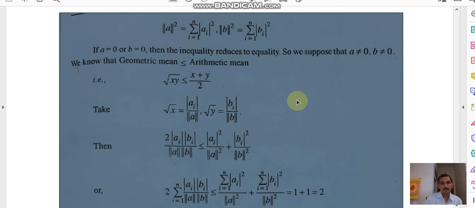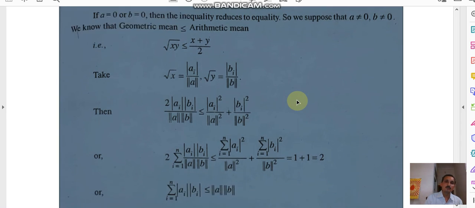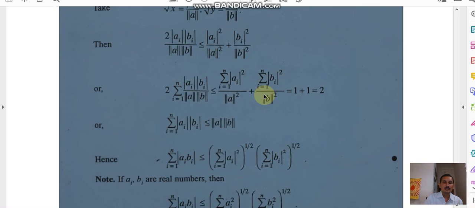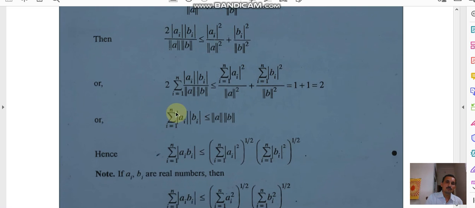So we replace x and y with suitable quantities: square root of x equal to modulus a_i upon norm A, and square root of y equal to modulus b_i upon norm B. Replacing these values and solving, we will obtain that summation i varying from 1 to n of modulus